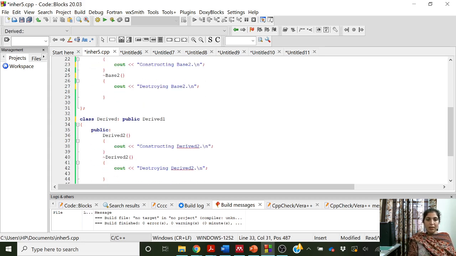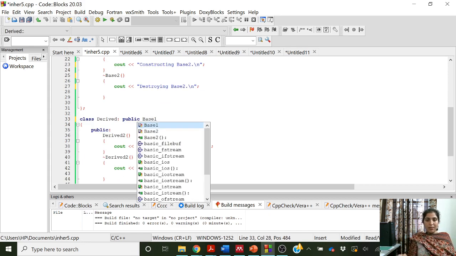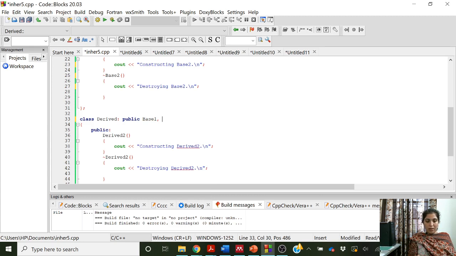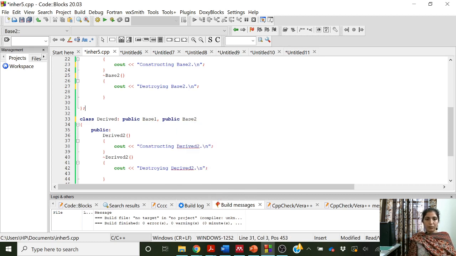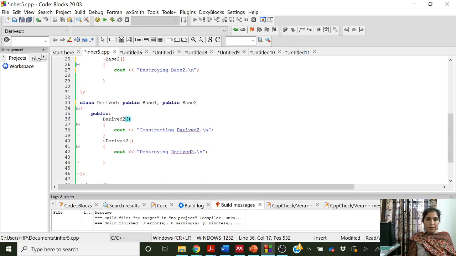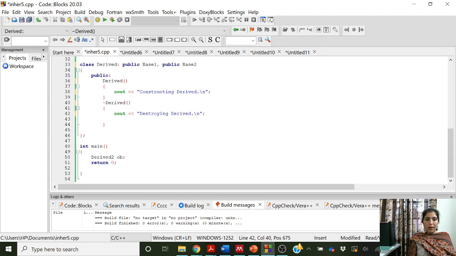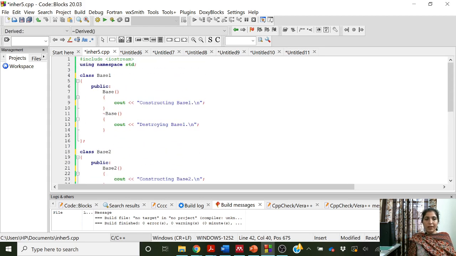Okay, and this is the derived class. It is deriving both the classes base 1 and public base 2, and this is derived constructor, this is derived destructor. Okay, actually this is not multiple inheritance.